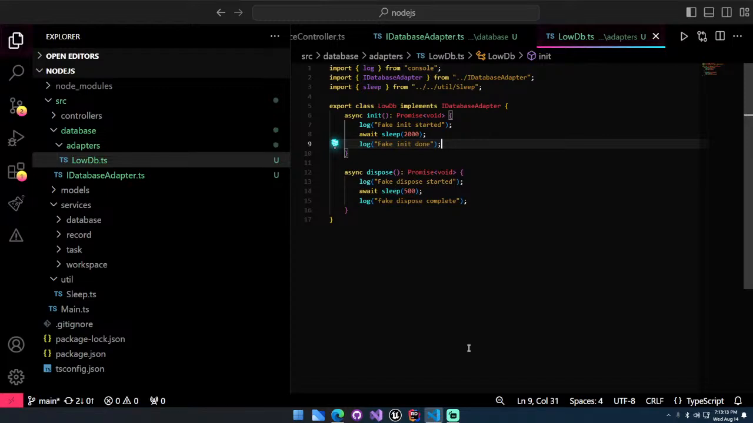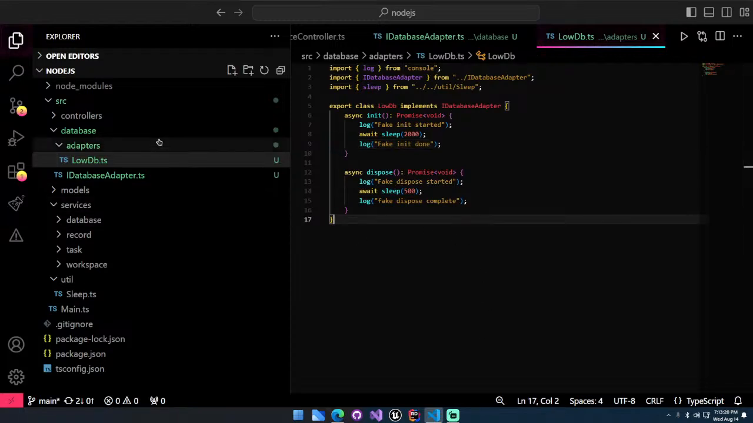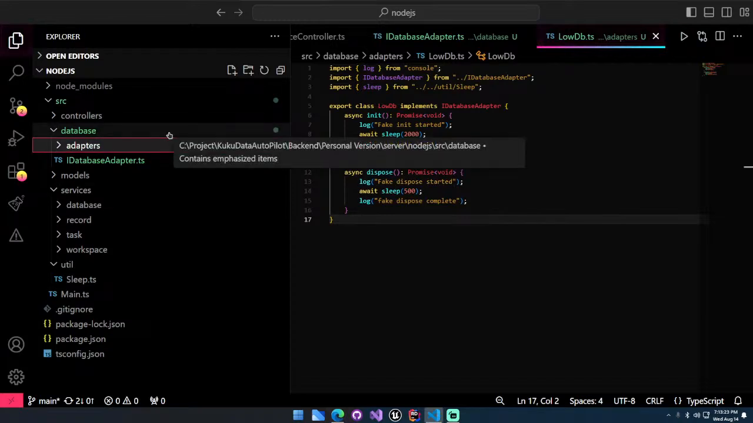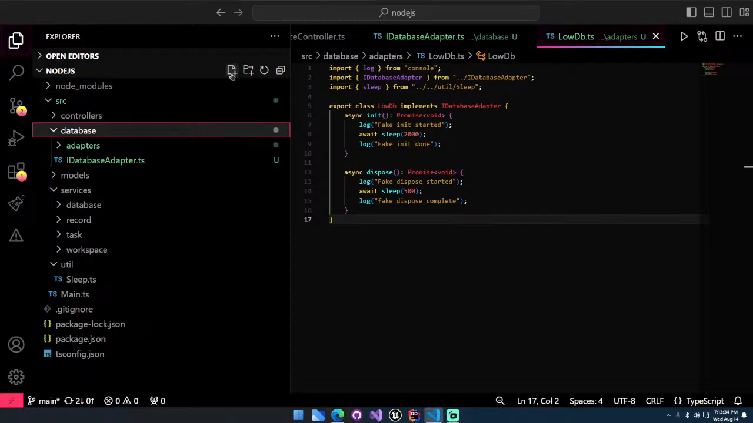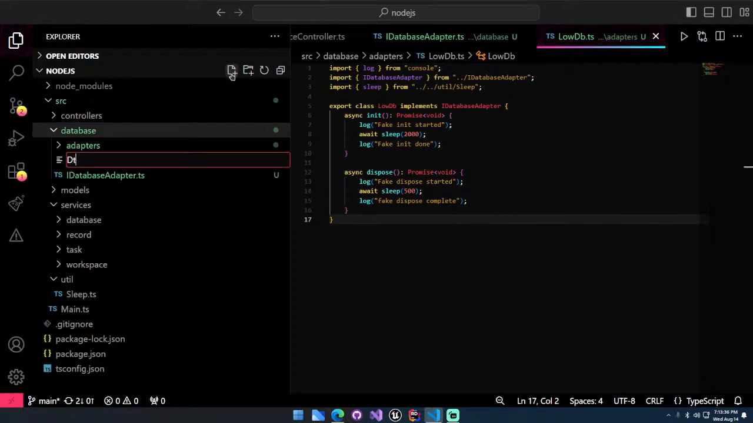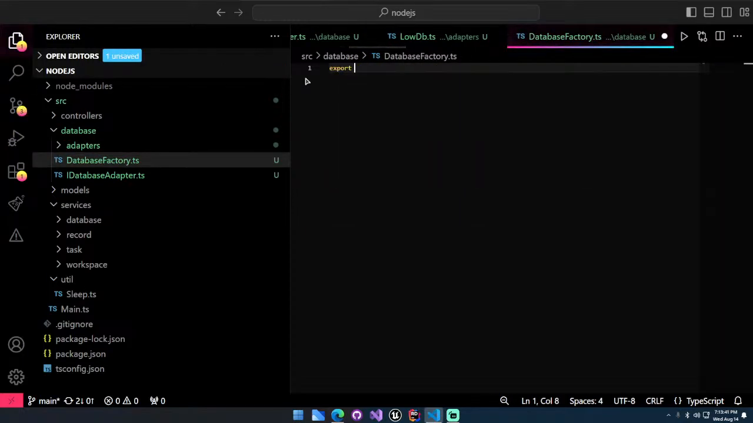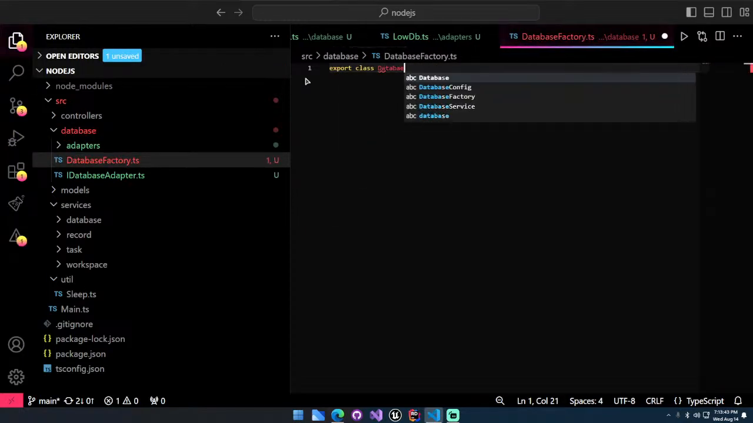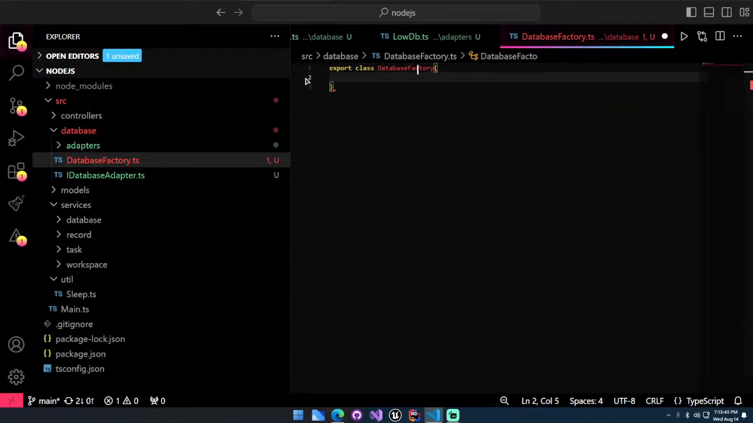We might need a factory. I think we are going to be using a factory. That factory is going to be responsible for building our database for us. Let's have a factory. Okay, so let's do an export as